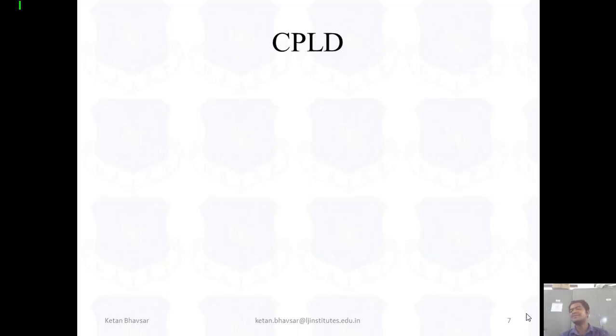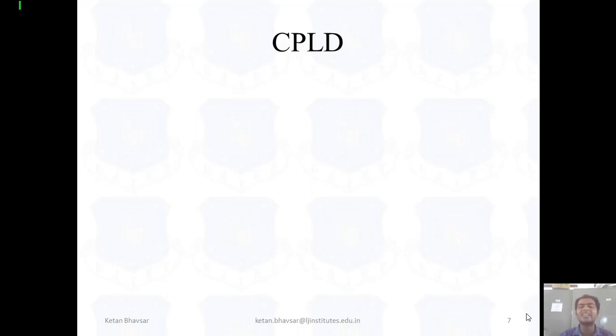Now the next topic is the CPLD and FPGA. We have already worked on the FPGA, what is FPGA and how FPGAs actually work. And we already learned the VLSI design styles: these are the 4 design styles, like full custom, semi-custom, standard cell, and FPGA. Now what is CPLD?